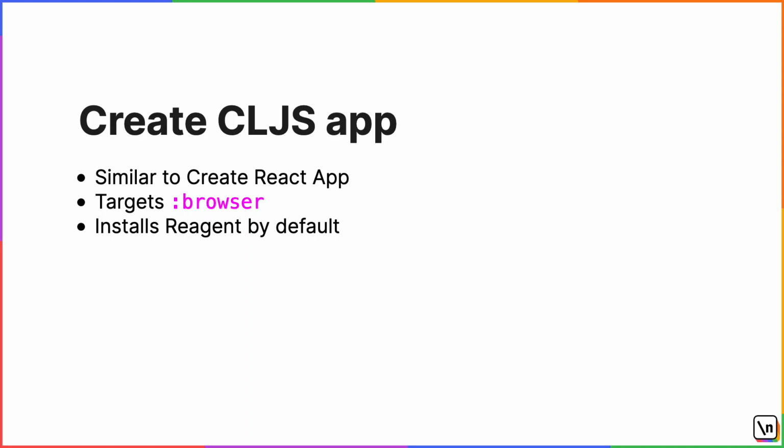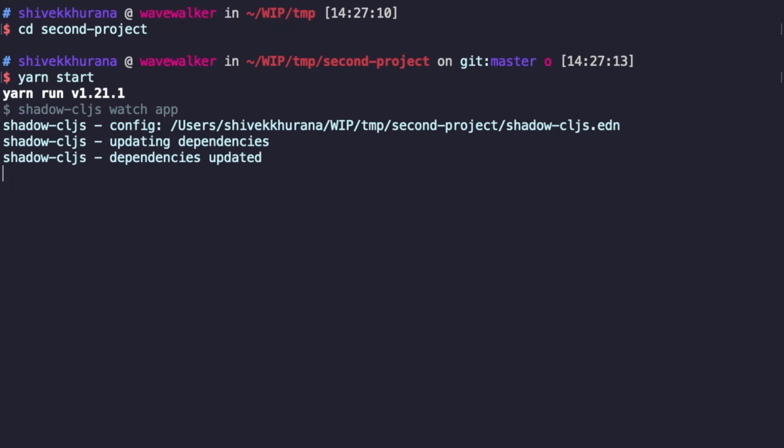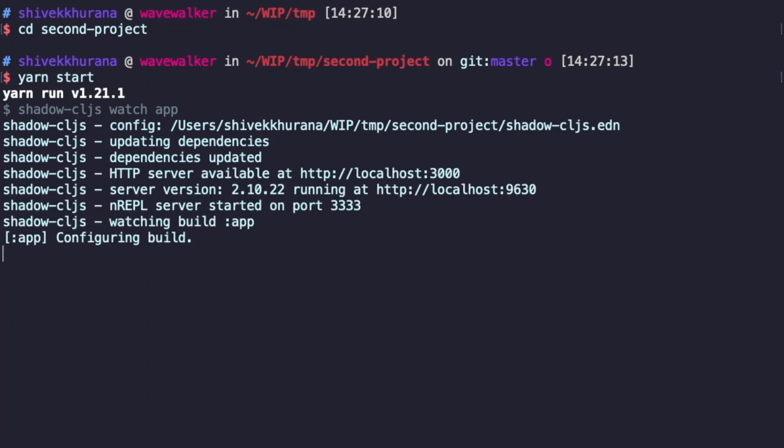The app generated using Create CLJS App is a React application and runs in the browser. It uses Reagent under the hood and sets up a basic SPA. If you run yarn start in your newly minted second project, Shadow will start a dev server for you on port 3000 and nREPL on port 3333, assuming you didn't change any config. Now, if you navigate to localhost:3000, you'd see a simple React component. The following